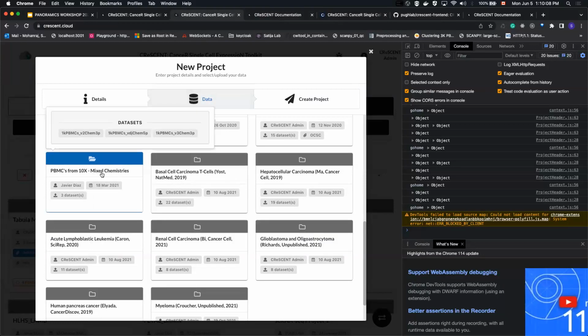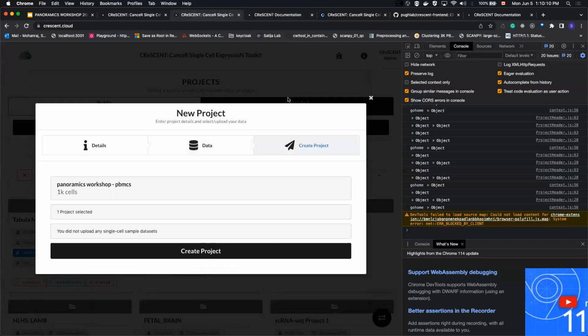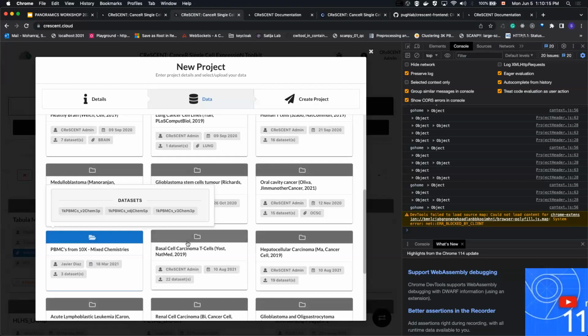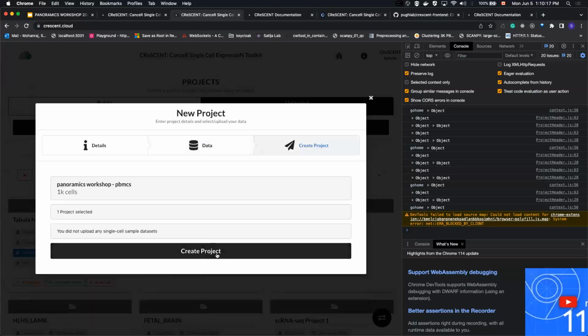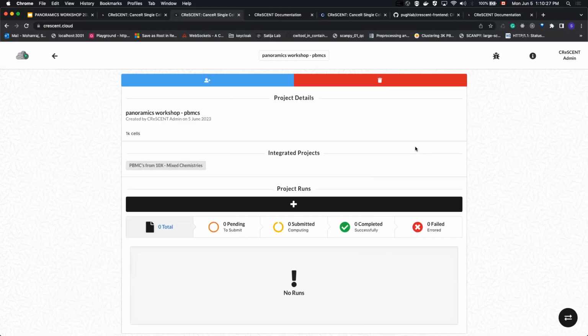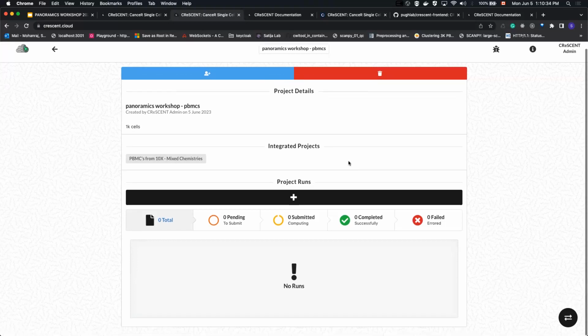So selecting this project should give you this data as well. If you head over to create projects, we have this selected in blue, we can head over to create project. You'll create the project, and what will happen is you'll now have access to this external data set or this public data set. So what should have happened is you should have seen your upload. Maybe you guys are seeing it. I might have a cache issue or something, but